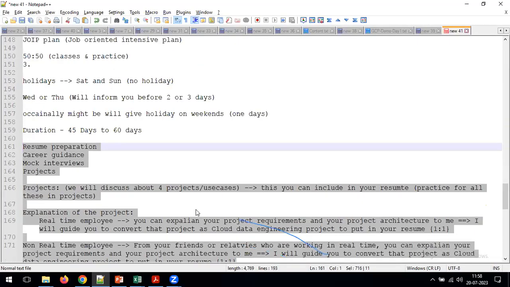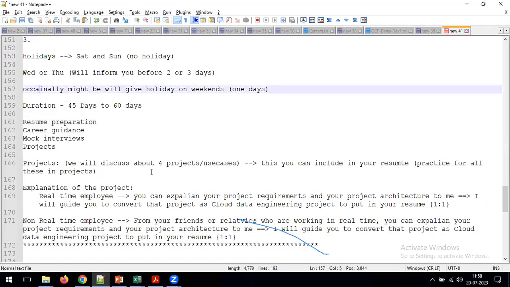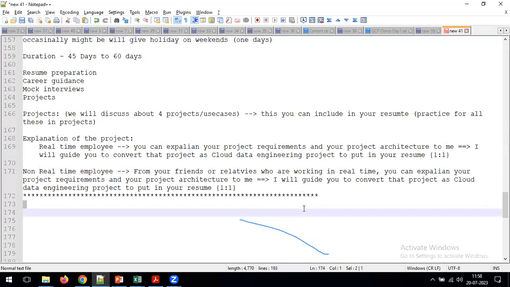Okay. Any other small questions or doubts, please? Sir, do we need to bring our own laptops or will you provide any system? Yeah, this is one more important thing. I forgot to mention it, thank you for reminding me. Please bring your own laptops.